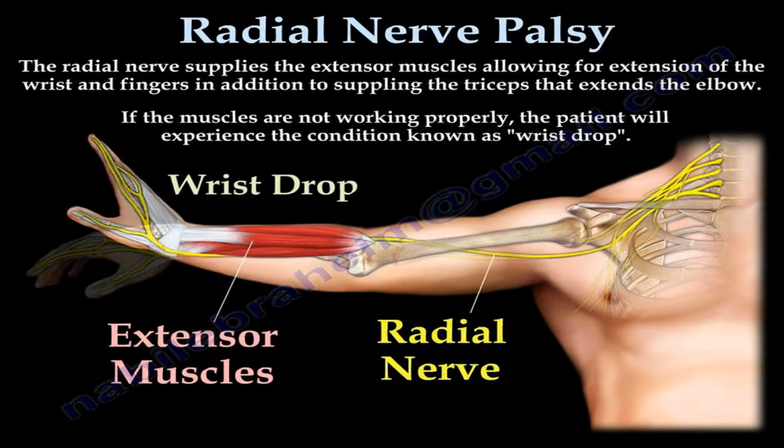Okay, so this radial nerve supplies no muscles in the hand, as you already see. So this is the superficial branch of the radial nerve, and it supplies the dorsum of the hand, thumb, and the lateral 1.5 digits, and it supplies no muscles in the hand. But a radial nerve injury in the arm can produce serious hand disability. Okay, so the extensor muscles are supplied by the radial nerve.